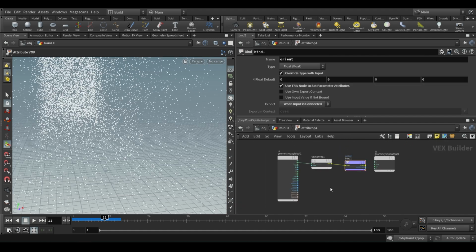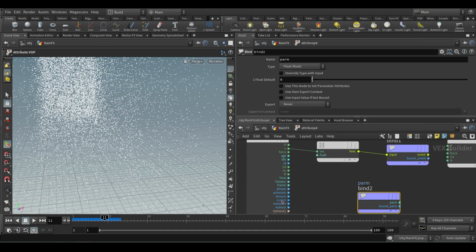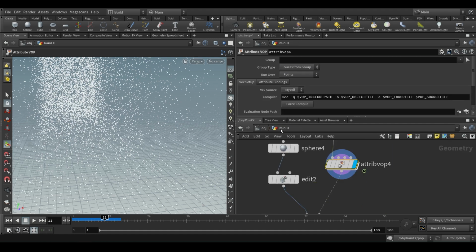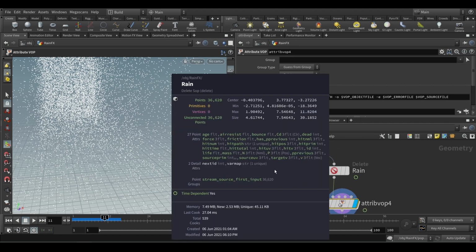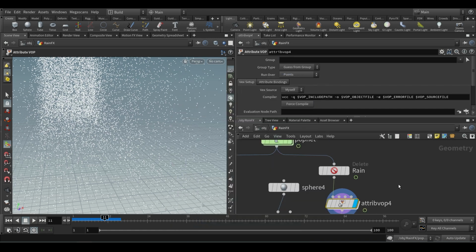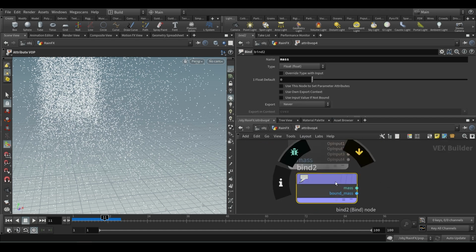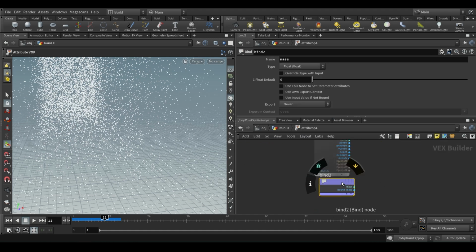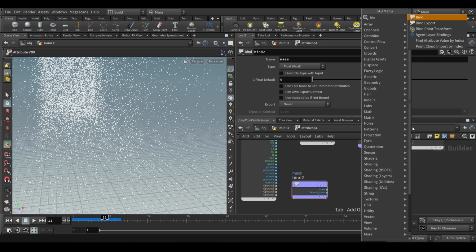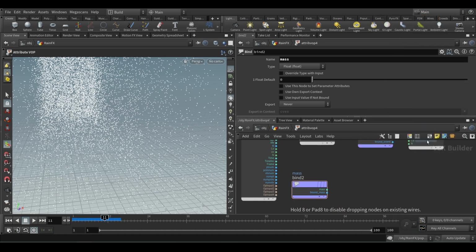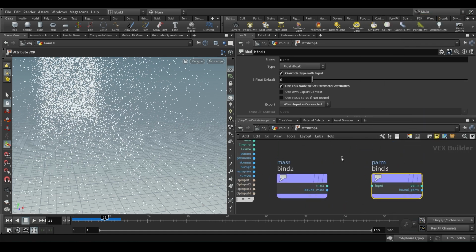So I'm deleting the p-scale, and to do that what we can do is fairly simple. We bring a bind, because there is no mass attribute, so we have to bring a mass attribute. I have a mass attribute which is coming from here. You see, in the dynamic level we gave a mass, so that is here. So I'm bringing mass from the geometry, okay, and I'm exporting that by an export.